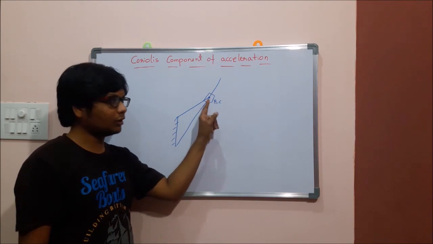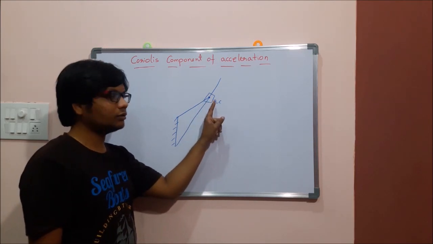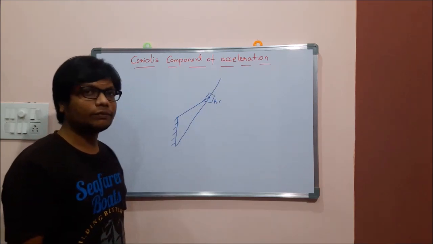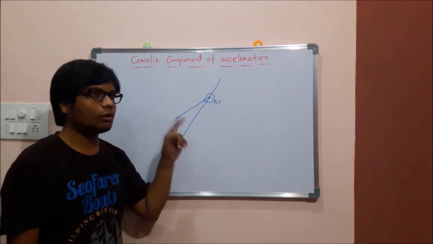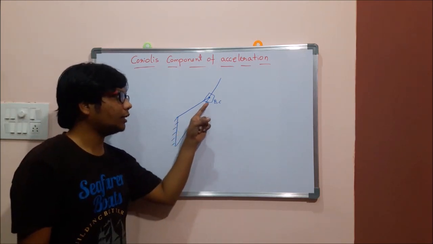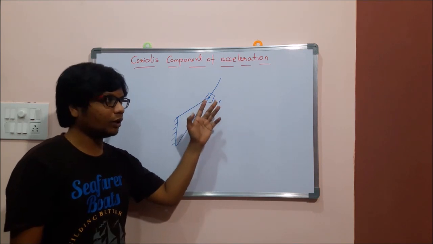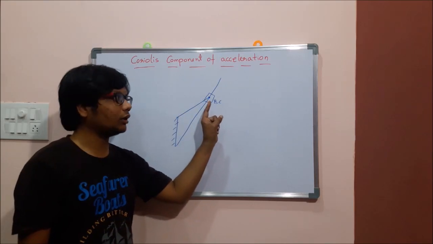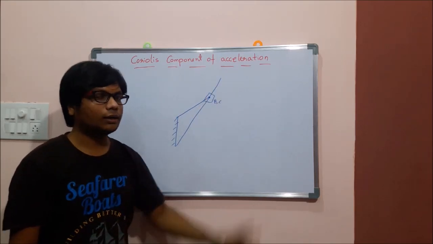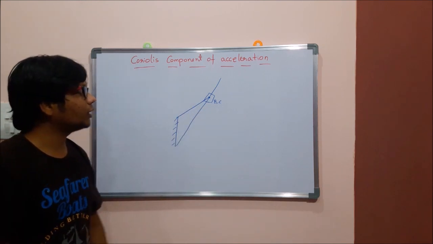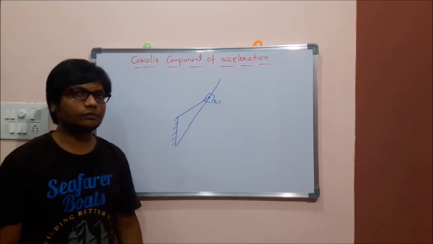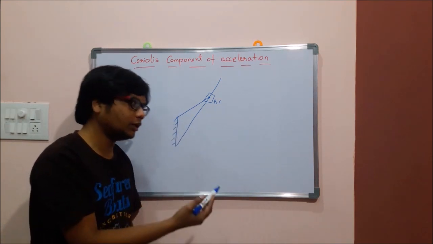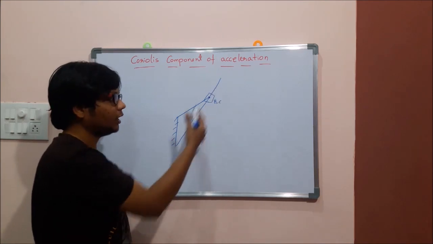So B is on the sliding element and C is the contact point between the sliding element and the link. Based on this we can give the definition: it is the tangential component of acceleration of the point, that is B here, which is on the sliding element, with respect to another point, that is C, which is the contact between the sliding element and the link. Okay, so that is the definition we can give for the Coriolis component of the acceleration, which is the tangential component of a particular point on the sliding element with respect to another point, the contact between the sliding element and the link.